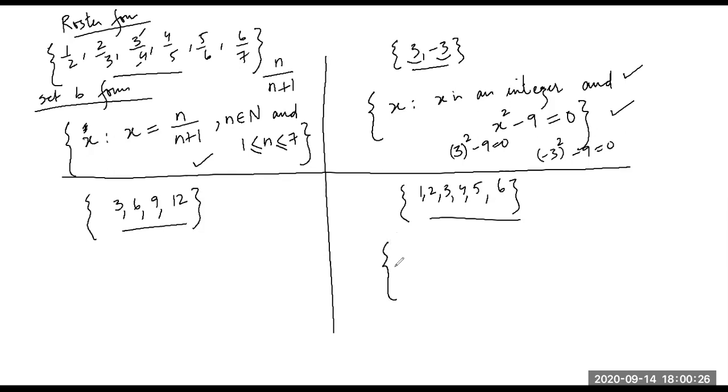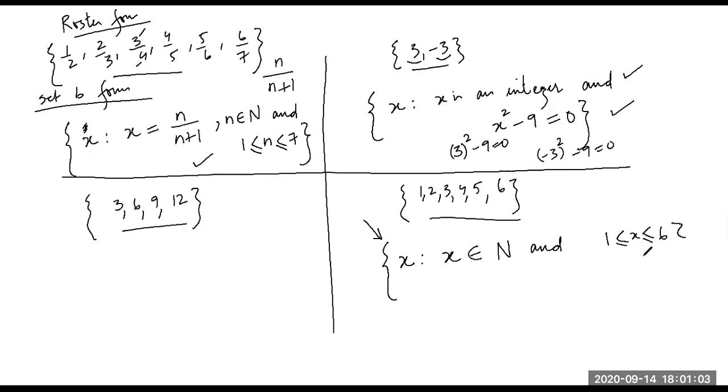Set of all x such that x belongs to natural numbers. What should I write here? I need not write natural numbers. I can just write x belongs to N, and I have to limit x between 1 and 6, and x is also having the value of 1 and 6. So 1 and 6 here, x in the middle, but it's also equal to.